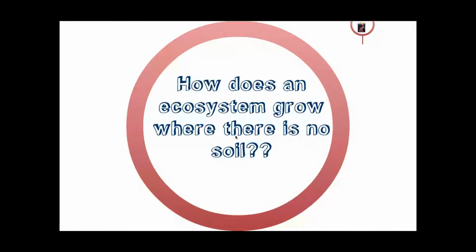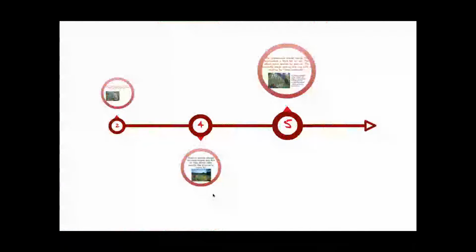Now, the question is, if there's no soil, how does anything grow? So if a volcano erupts in Hawaii, say, and just tars over the whole place with magma and rock, how is an ecosystem going to grow there if there's no dirt? How are you going to have plants that can then provide food for smaller mammals and things like that? It's actually quite interesting. There's a series of organisms called pioneer species, and they get their name because they're always the first to grow in an area where there's no soil.